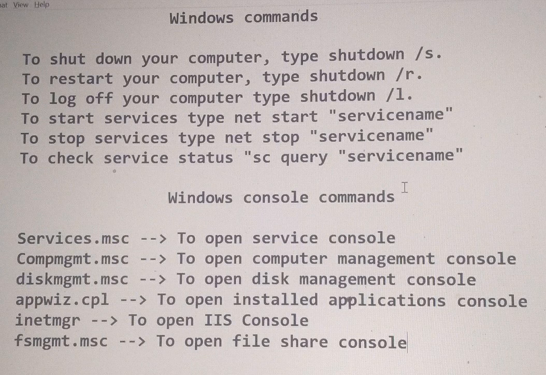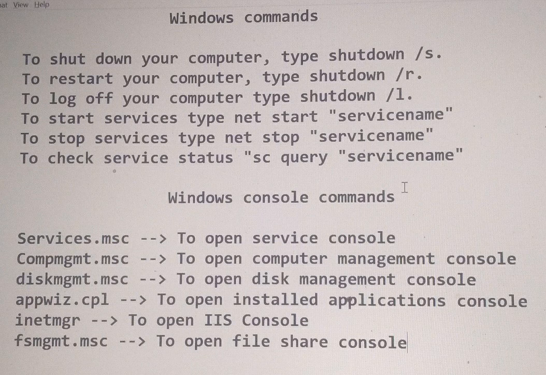We use these commands because sometimes our laptop or desktop becomes very slow or hangs. Shutting down via the console, like Start and Shut down, sometimes takes time. To sort it out, we shut it down via the Windows commands.